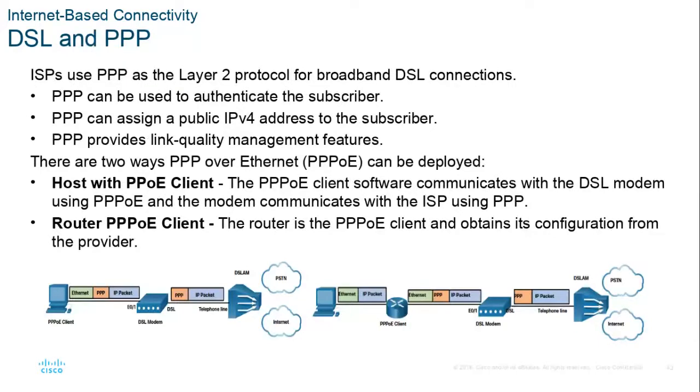DSL, traditional DSL, uses something called point-to-point protocol over Ethernet, in which it would take your Ethernet packets and encapsulate them in a point-to-point protocol frame, which is sent over serial ports, and that would go in the wire between your house and the telephone company's central office. It's also possible that that DSLAM would be located in a pedestal closer to you.